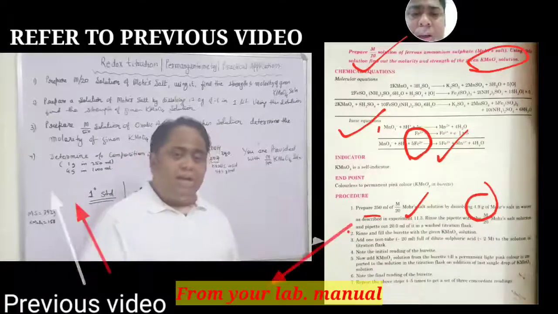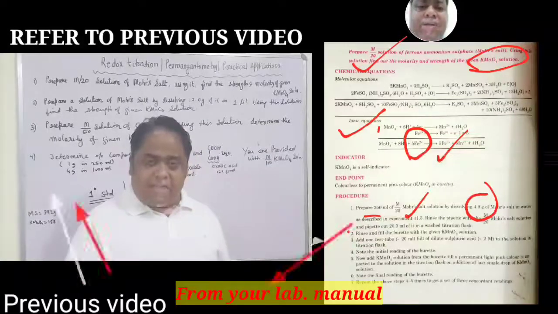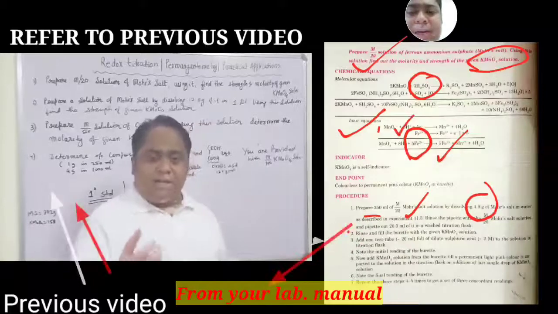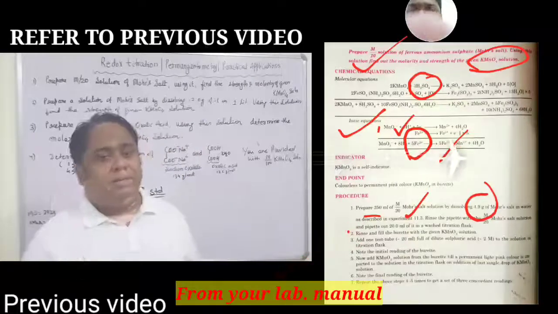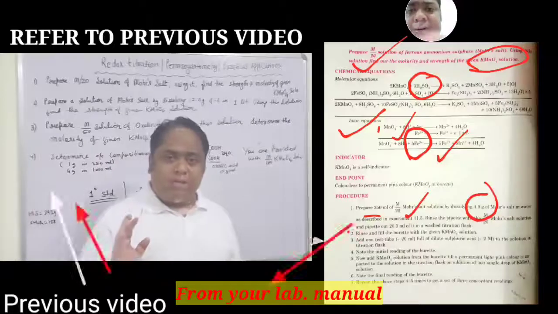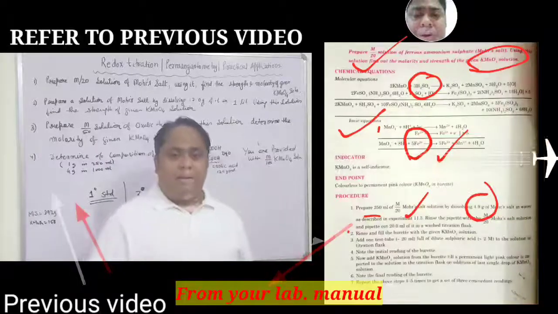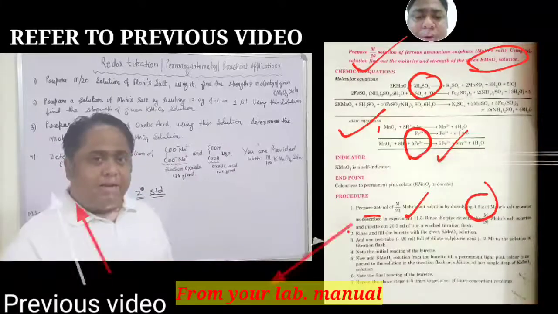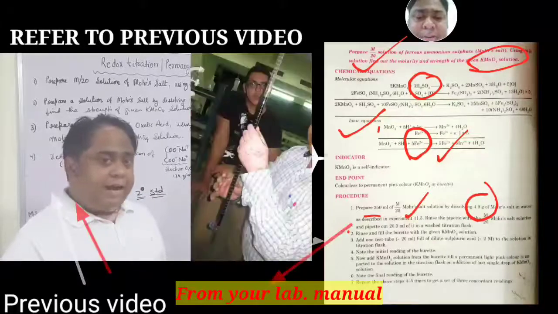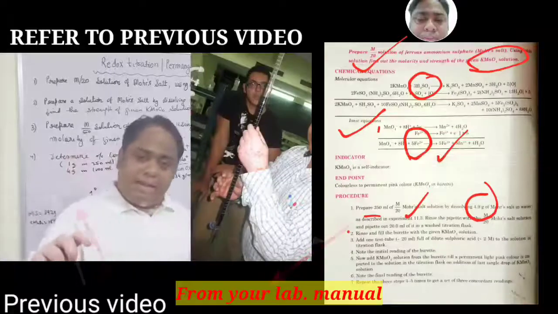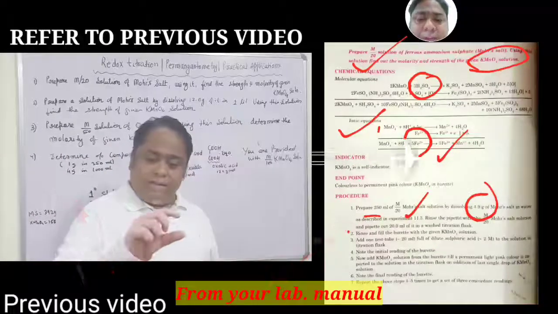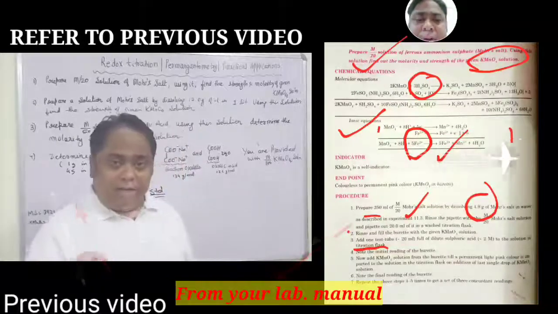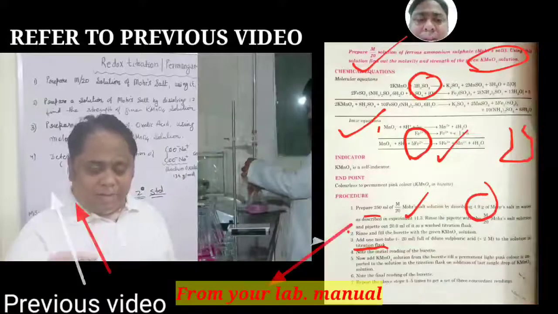Now, as you have seen in the reaction that this reaction was in acidic medium, see H2SO4 was added, 8H+ was added, isn't it? See 8H+ was added. So we have to acidify the solution which has to be titrated. So we will take one titration flask. Titration flask is nothing but the conical flask, which looks like this.